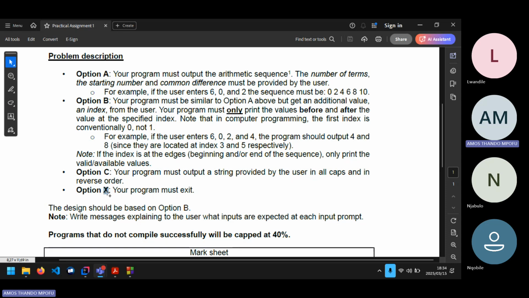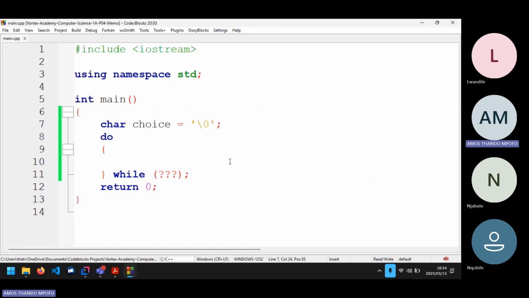So the user can enter an uppercase letter X or a lowercase letter x. Both of these are x's, right? So we need to accommodate both scenarios. It's up to you how you want to solve it. There's many ways to solve it. You can say case and then you check for uppercase letter, then lowercase letter. That's up to you. Me, I'm going to use